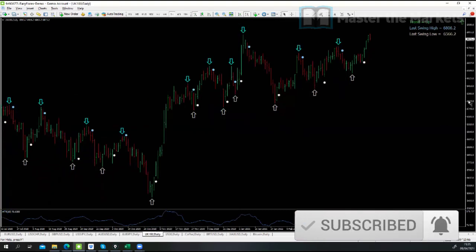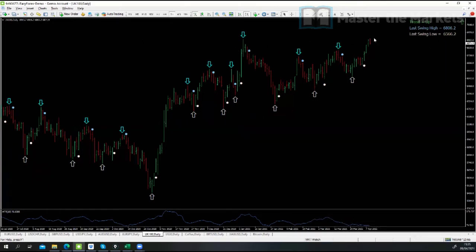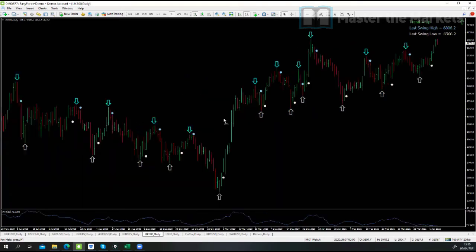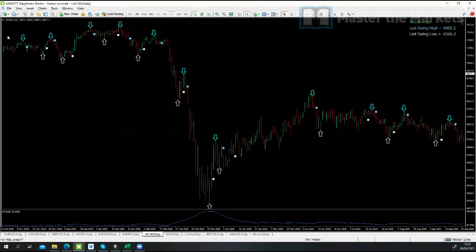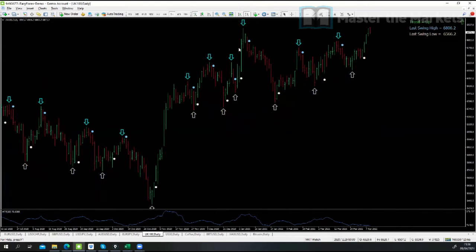FTSE showing some support. We have returned back to the level that we were at approximately a year ago. As you can see there, in January and February 2020, we were at that 7545 level. We've come a little bit lower, but we're moving back in that direction now. The market has recovered since October. It's had a good strong move, and now there's a little bit of sideways movement, but still showing support to the upside on the